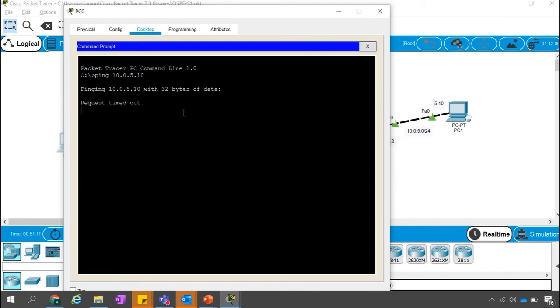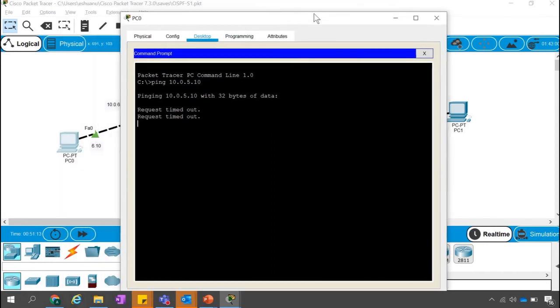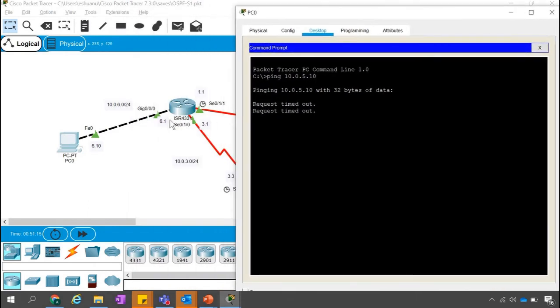Request timed out. Let's try to ping from here to this interface 6.1. Are we able to reach this 6.1 or not? Because we are on this computer 6.10, we're trying to ping this directly connected interface. Are we able to ping or not? Ping